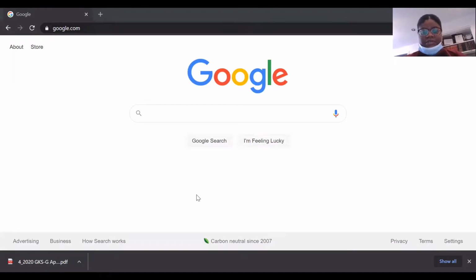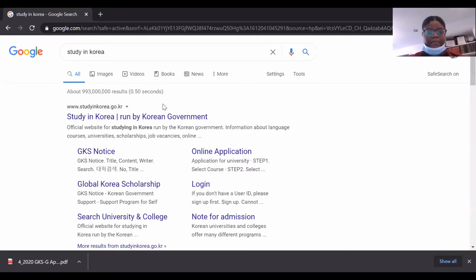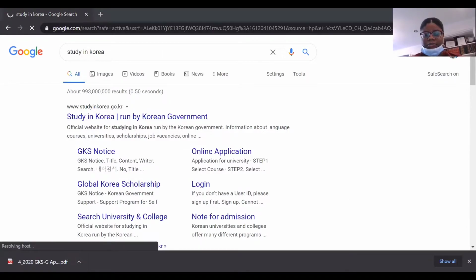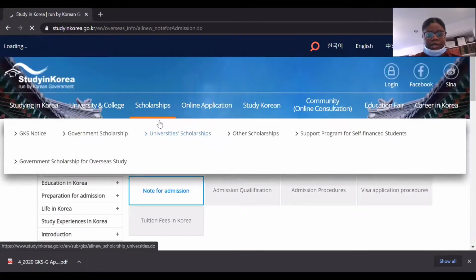So first you have to go to Google and search "study in Korea." The first website that pops up, studyinkorea.go.kr, is the official website. You click on it. Why is it so slow? Then you want to go to scholarship,